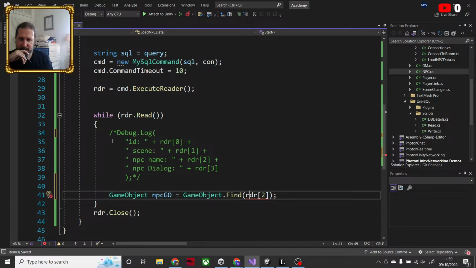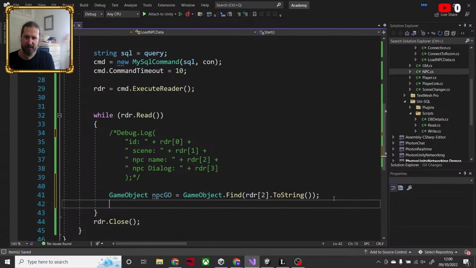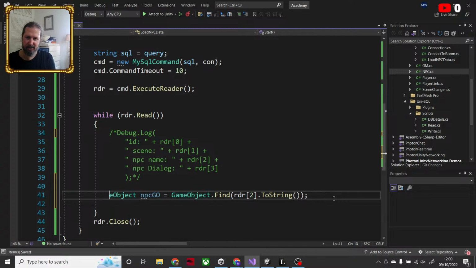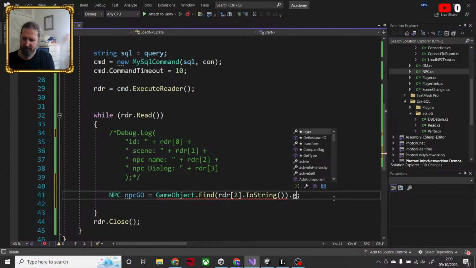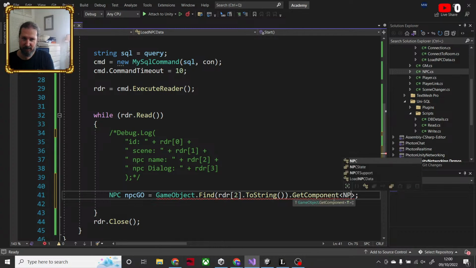Why does that? Do I need to say .toString? Does that work? That works. Why? I don't know. All right, so that should grab the NPC game object. Then I will, actually I can just grab the NPC. And then once I grab that, I can say get component NPC.